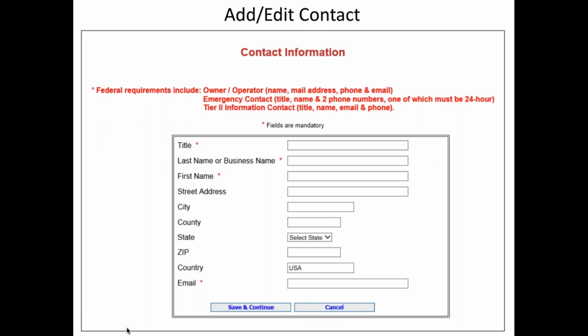When I need to add a contact, there's many fields I need to fill out. Under this is title, obviously, last name, first name, street address. As I go through submitting my contact information, every facility must have 3 contacts: an owner-operator, emergency contact, that's a 24-hour emergency contact, as well as a Tier 2 information contact. Each facility must have those 3 contacts. You can add more contacts, and that is okay, but you must have at least those